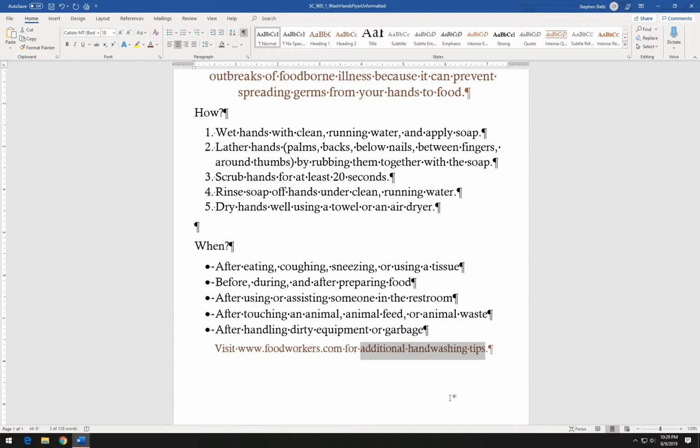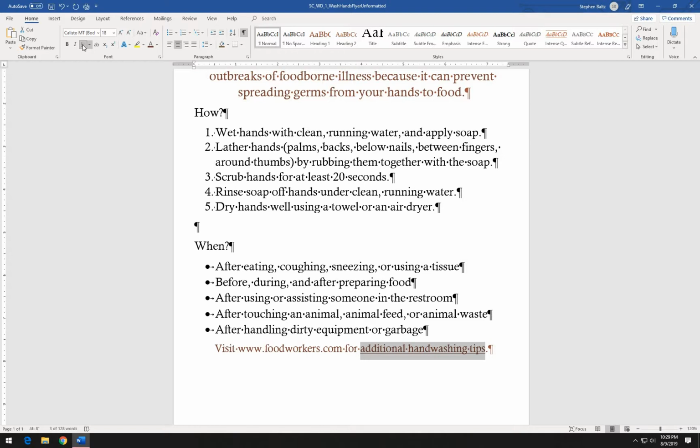And if you don't do it right the first time, just keep trying till you get it. Once we have that text selected, we're going to underline it by going up to the font group of the Home tab and clicking on the underline button right here. Once we've got that underlined,